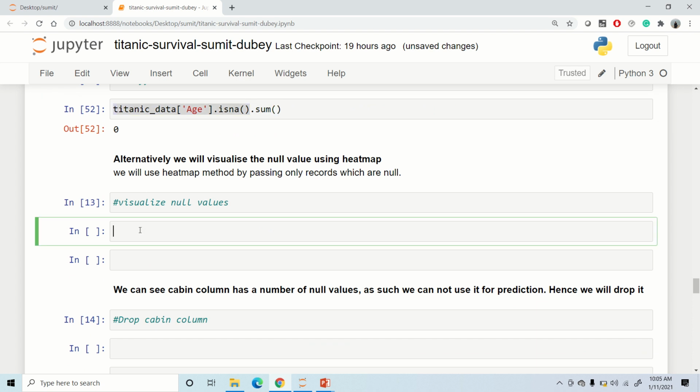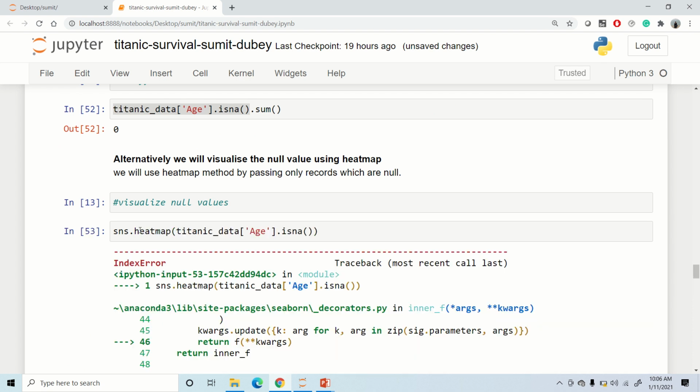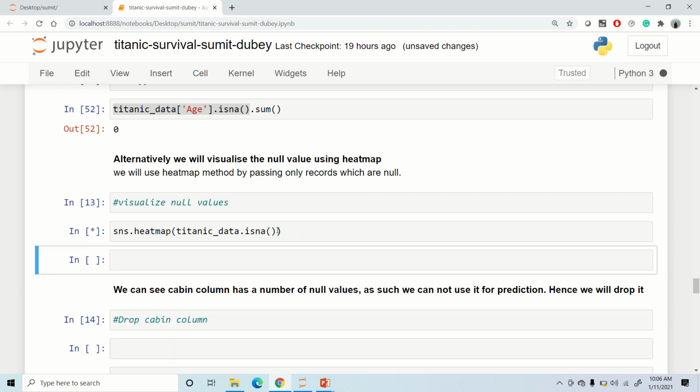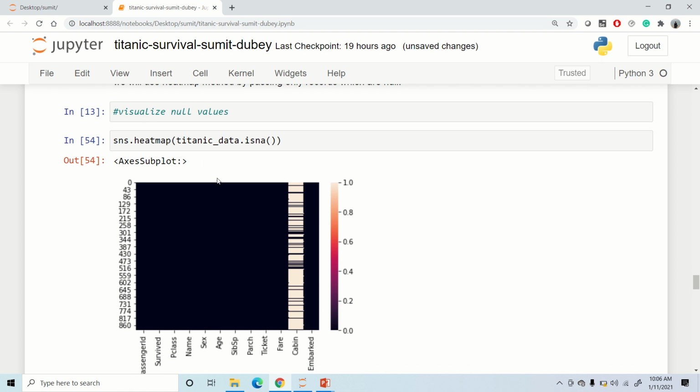So I can say sns.heatmap, and we need to run this for the entire data frame. It doesn't work for a particular column. We can see here that no null values are there in the age column, but still we have null values in the cabin column.